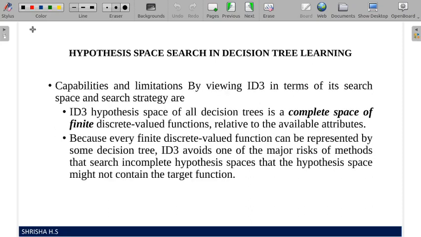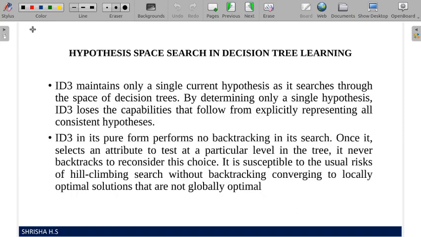So we are talking in this context about advantages and disadvantages, capabilities and limitations. The first advantage is that it successfully builds a decision tree and does not fail to build one. It always builds a decision tree. So that is one of the good capabilities.